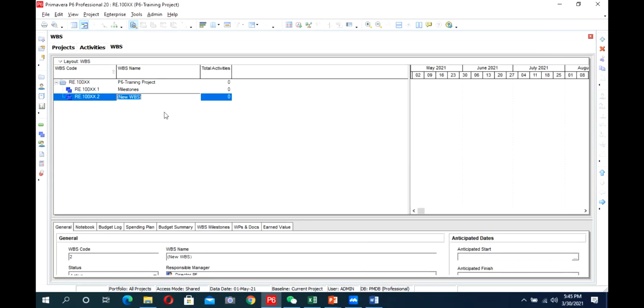And what is it? It's Civil Work Zone 1. Next one is 2.1, Pipe racks and sleeper foundation.